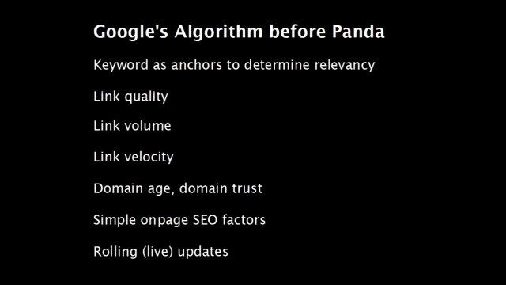Domain age and domain trust, the age of the content, things like that also play a factor. And of course, there's simple on-page factors. They've been looking at site speed for well over a year now. Obviously, your code has to be well crafted, complete tags, your doc type should be valid. Like your code should all match your document type. People who hack by hand tend to break document type validation, things like that. Obviously, the proper use of tags and markup, classifying things as the right elements.